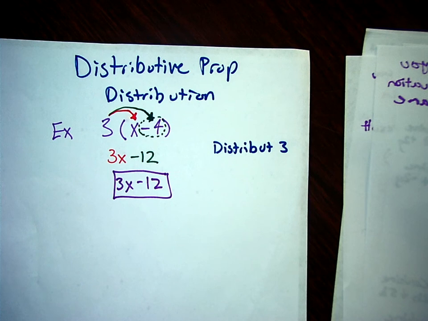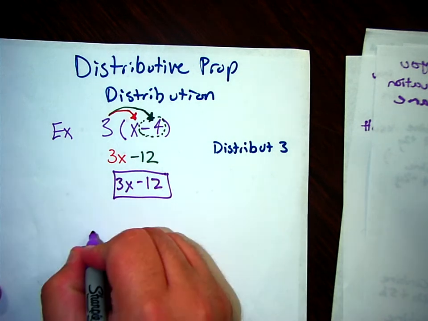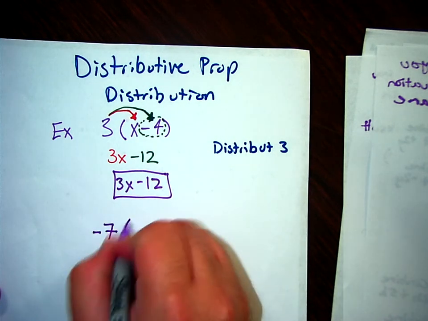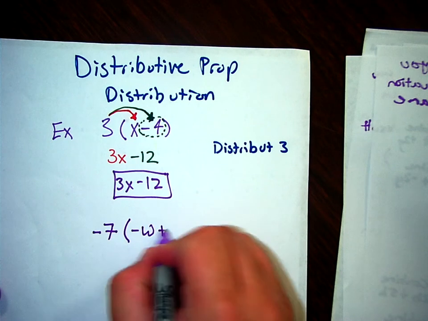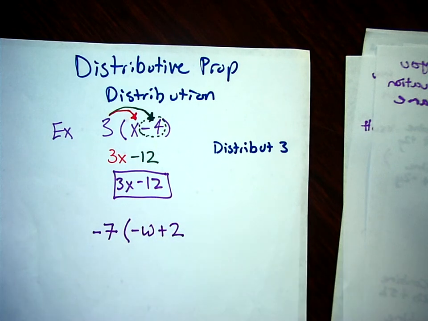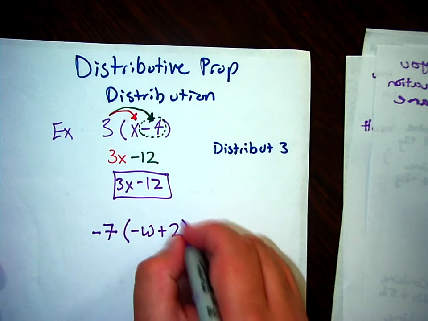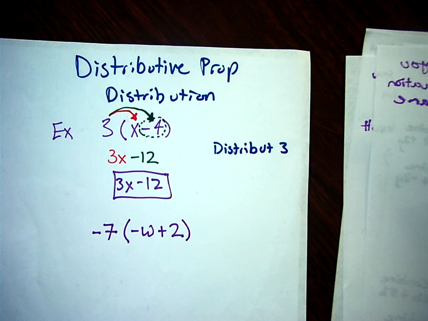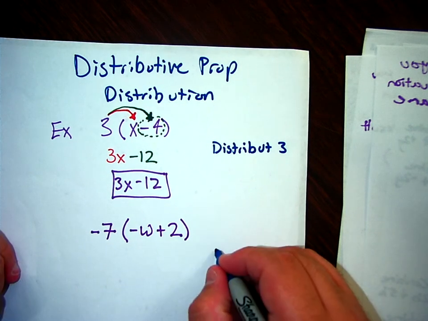Now let's look at one more example, or two more examples really, but we're going to look at this one really closely. Okay. Let's say I have the expression negative 7 times w plus 2. And we want to distribute that. Well, what I'm going to distribute here as my justifier for the next line, I'm going to distribute